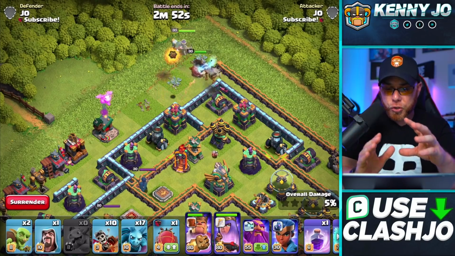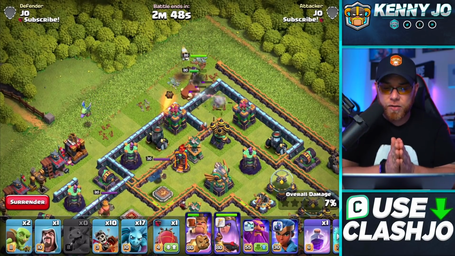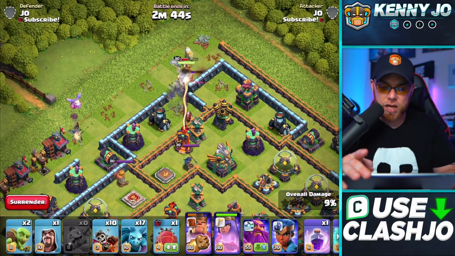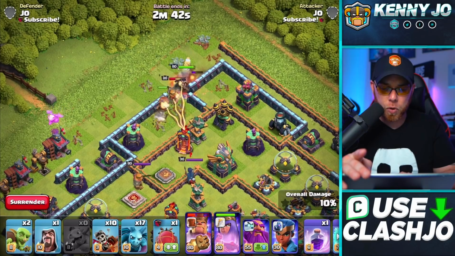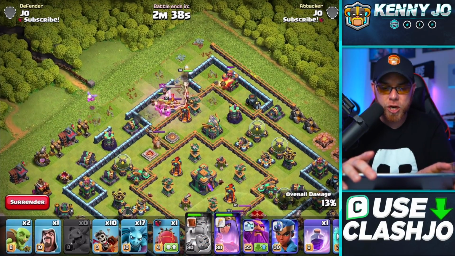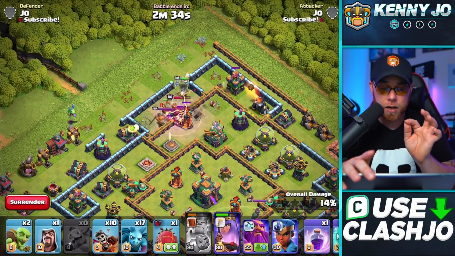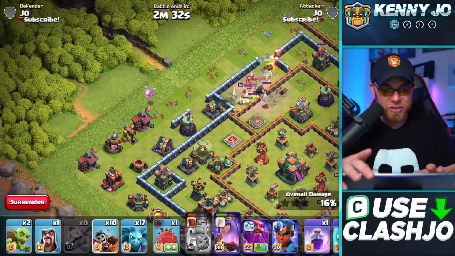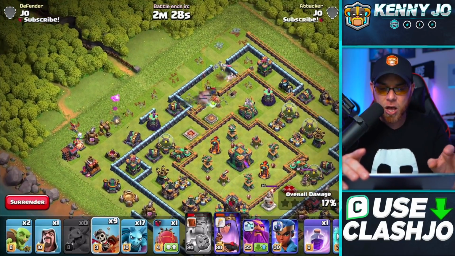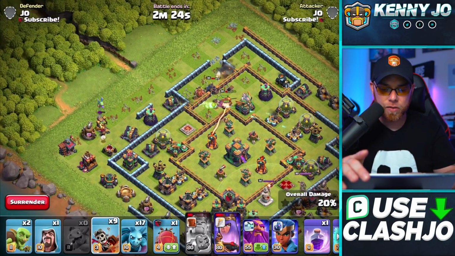Now we need our troops, our heroes here, to go inside this village and take on the Eagle Artillery. Looks like our king is working there. Looks like the Mighty Yak is going to open up the wall. Let's go ahead and use his ability to kind of get him charged up, go after that royal champion, take it down. Looks like the queen is going after the Inferno Tower. Let's drop a Dragon Rider here to activate that hidden Tesla. Looks like the Archer Queen's taking on the Archer Tower, and can we get her to go in there and take down that Eagle